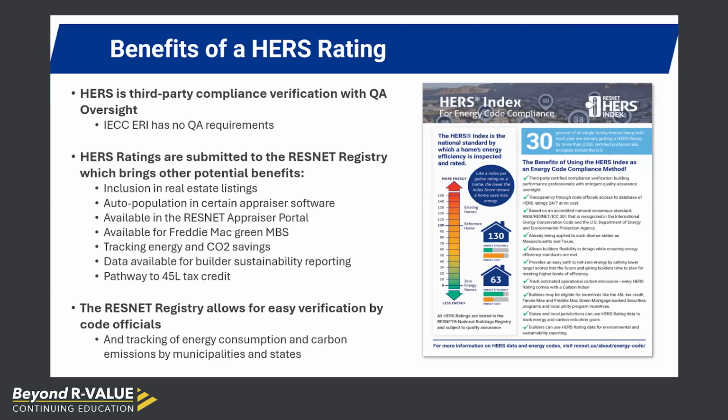Yeah. So the prescriptive path is basically, this is what's required by the code, follow it. And that means your R values, your windows, your duct testing, envelope testing, everything that's required in the code prescriptively. This is what you have to do. The UA trade-off is basically a subpath in the prescriptive path, which just looks at it